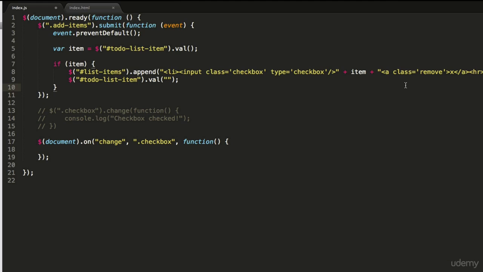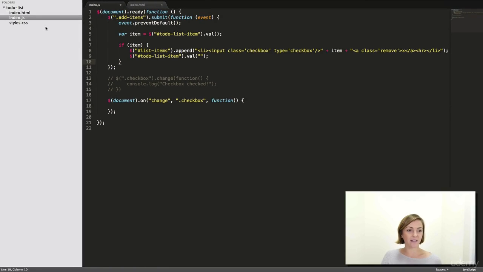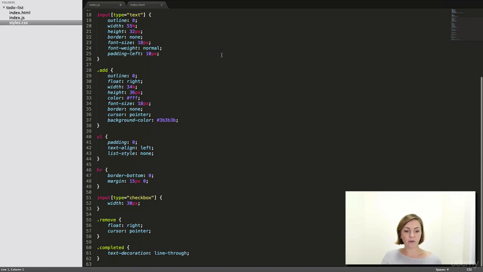Well, the simplest way to solve this problem is just using basic CSS. So if you go into the style file, and you scroll all the way down, you can notice I added a class here called completed. All this completed class does is add a text decoration attribute to the element with line through. Line through is just going to simply strike through whatever text is targeted. So in this case, we're actually just going to want to toggle this class on and off when the value of the checkbox changes. So returning back to our code, our JavaScript code that is,